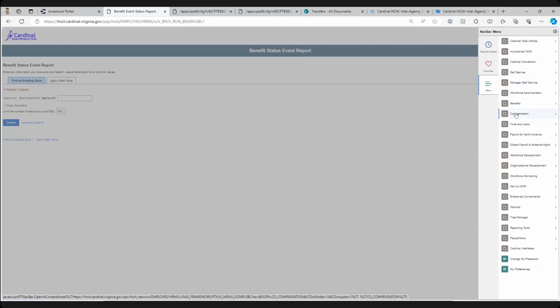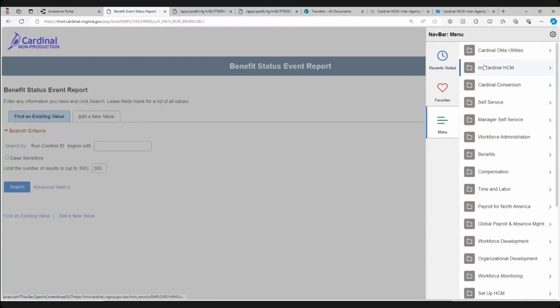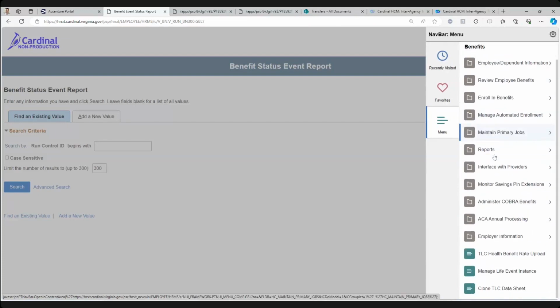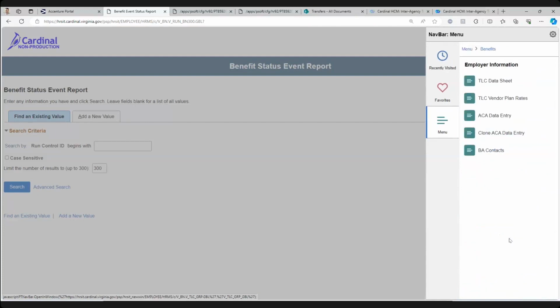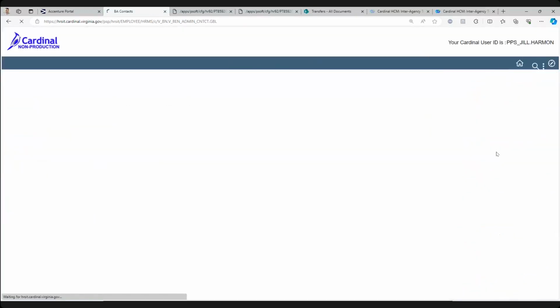All right, so let me first, there was a question earlier on how do I find out who the other agency's agency BA is. So let me first show you where you would go to see that. I am right now at the main screen for Cardinal. I've clicked on the navigator and I am going to click on benefits. And then if I scroll down and click on employer information and then BA contacts,